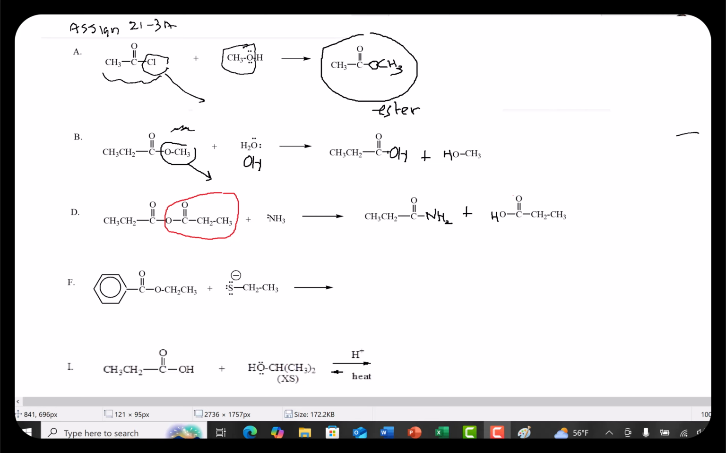In reaction D, that's an acid chloride. The circled part is the leaving group that breaks off, replaced by the nucleophile NH2, and we have the products shown. The next one is an ester reacting with the